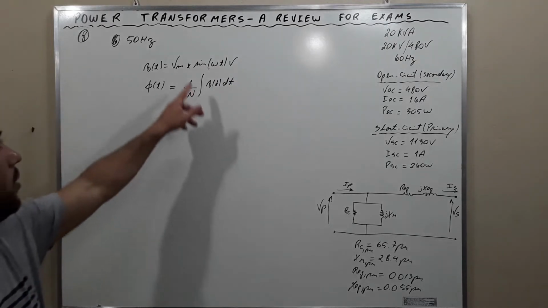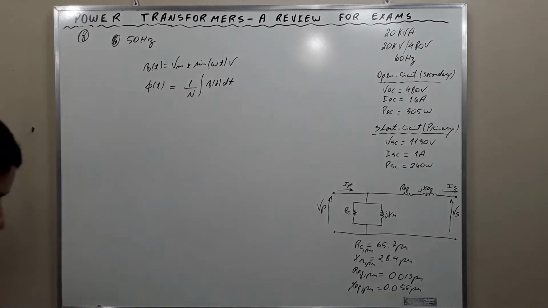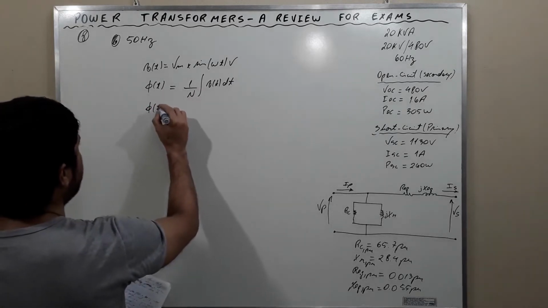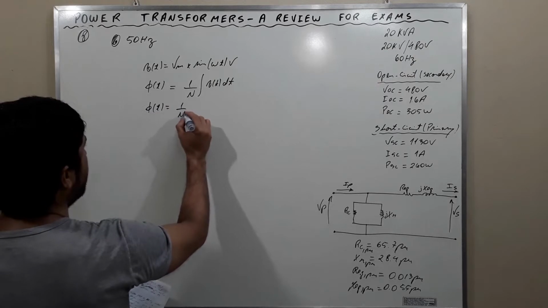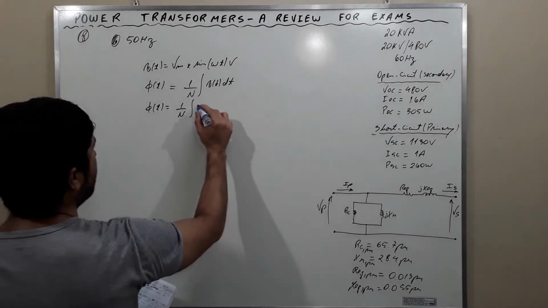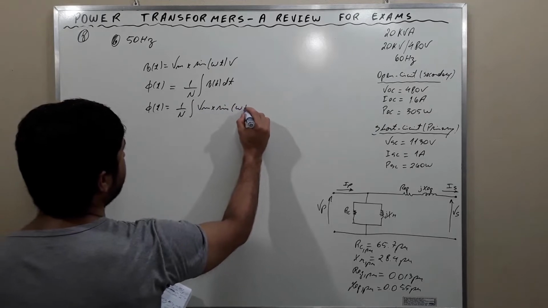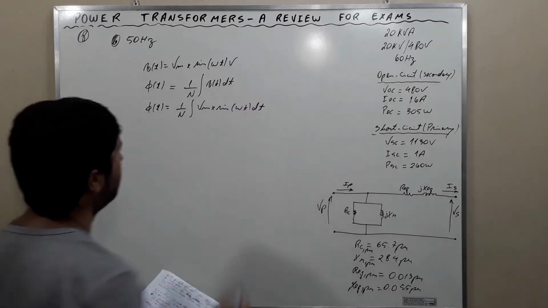If we integrate this, phi of t equal to 1 over N times the integral of Vm times the sine of wt dt, we